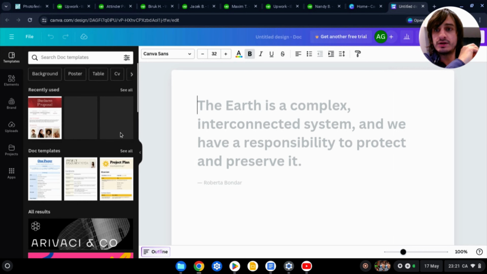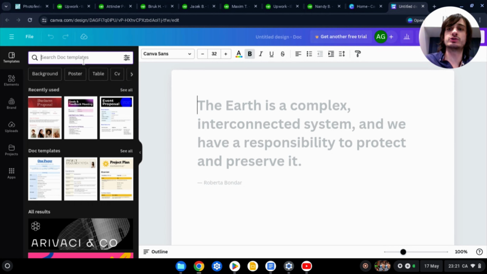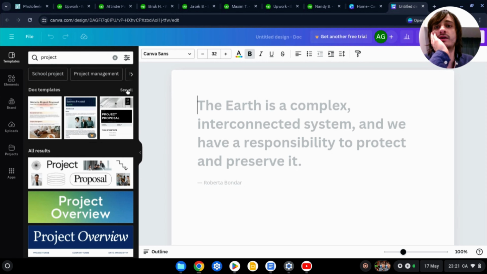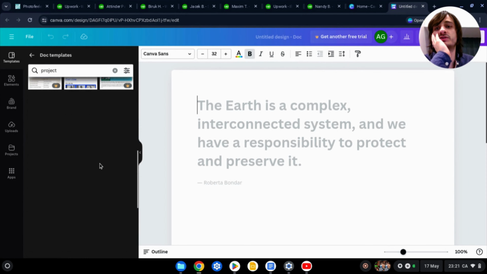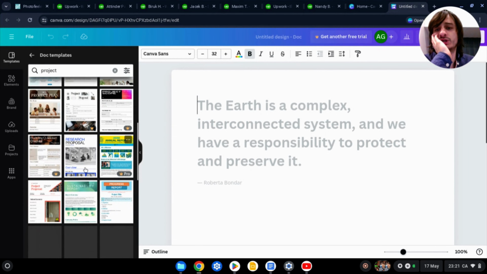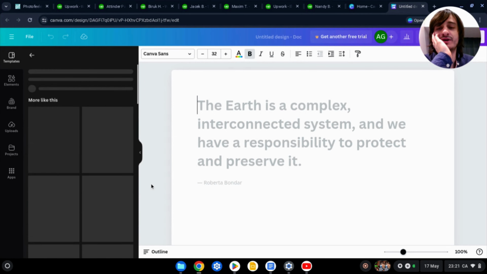There's this button here, and you can use different templates to be able to quickly make something that looks good. So maybe I'm going to write project or another keyword that you can think of, and here you have a lot of templates you can use. Some of them look pretty good, and some of them look bad, but a lot of them look rather good. So maybe I could click on this one,